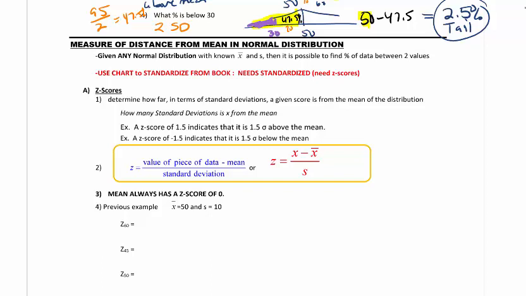In our second part of this video for the normal distribution, we're going to talk about actually how to find the area under the curve for any normal distribution. So this means that it doesn't matter what x bar, which is our sample mean, or our standard deviation, which is s, we are going to standardize those to make them fit so that we can find that percentage of data between two values. We are going to be using the chart from the book,